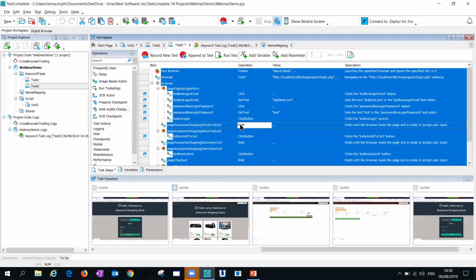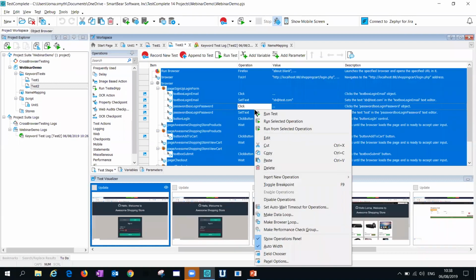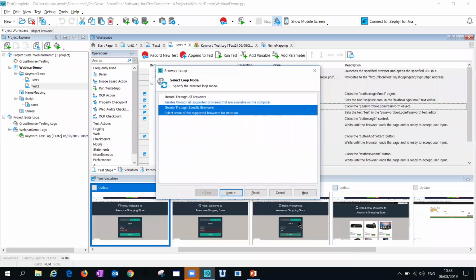And that's another great thing about this tool. All the typical shortcuts you used to work. So you can Control Copy, Control Paste, Control Select All. And in this case, I've just selected all of my steps. I'm right clicking and you navigate to make browser loop. Here we have a wizard, and this isn't the first time you'll see a wizard in TestComplete. It's covered in wizards because, again, we want to make sure that if you're not technical, that you can easily add in these advanced automated features.